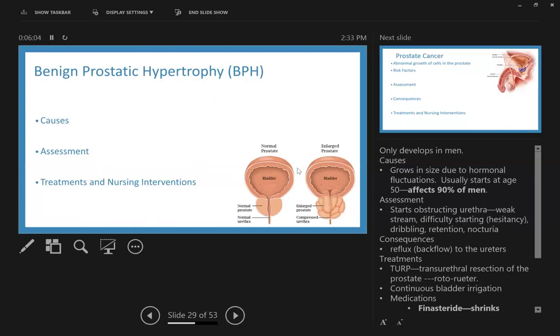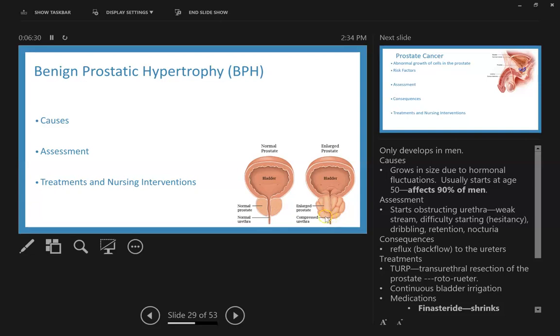BPH, benign prostatic hypertrophy, or hypertrophy, however you want to say it. This only develops in men because only men have prostate glands. This grows in size due to hormonal fluctuations. It affects 90% of men and typically begins around age 50. What happens is that the prostate gland starts to obstruct the urethra, like you can see in